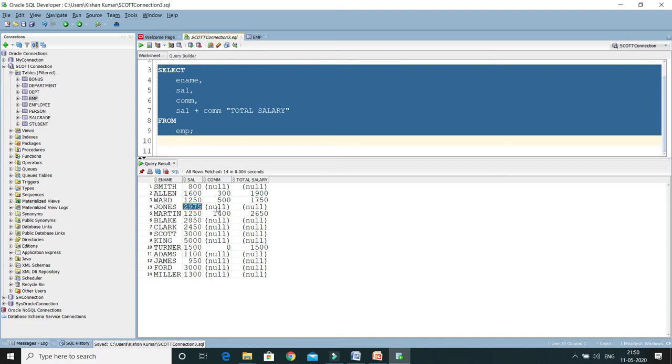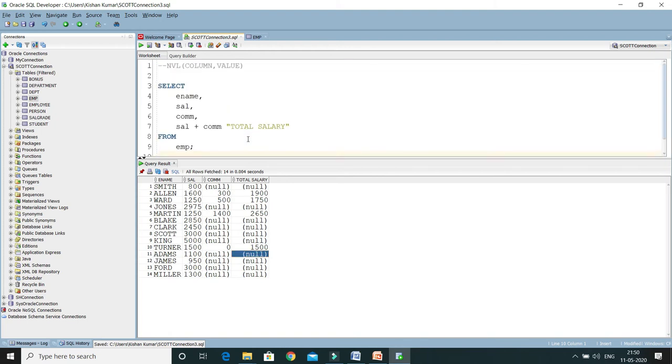But wherever you find one of the values is null, the result is given as null. If in both columns, salary as well as commission, there are values, then the resultant value is correct. But if any of the values is null, then the result is null. That's the problem. Now to overcome this problem, we have the NVL function.